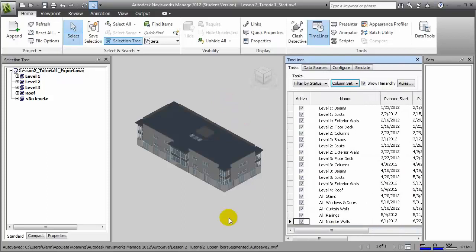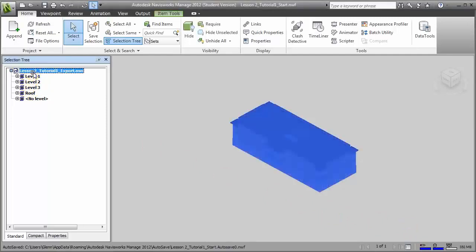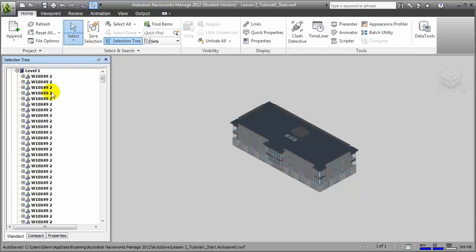We'll close the Timeliner window temporarily to give ourselves more room to view the model. We can explore the building model by selecting items in the selection tree. We can choose the entire model, a specific level of the model, all the elements that are contained in that level. We can expand the hierarchical list to see the elements on a level, then choose individual items or many